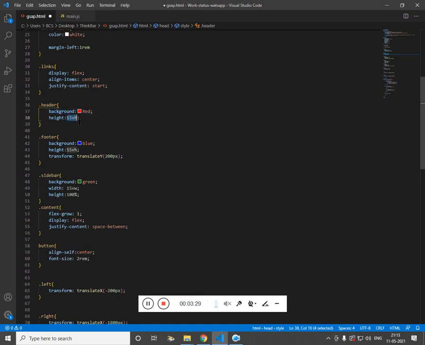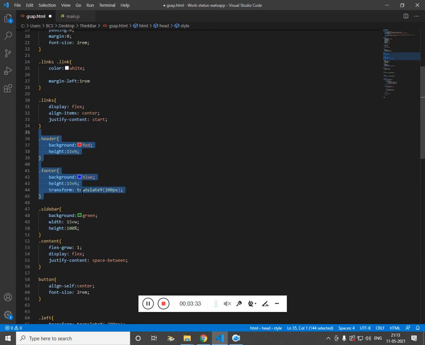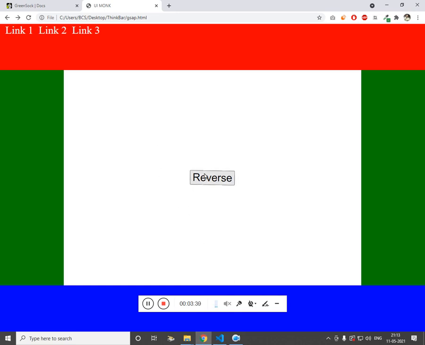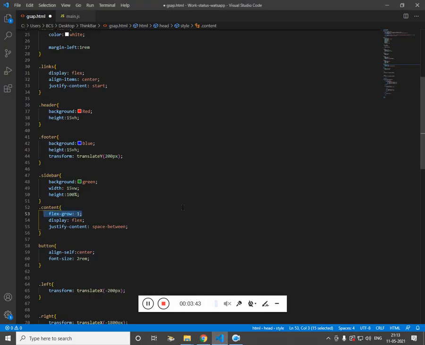You see 15 vertical height, 15 vertical height, so it stacks one below the other. For the content, I've used flex grow as 1, so that means it should be slightly bigger than the other two containers. The other two containers are the header and footer, and the third container is the content.